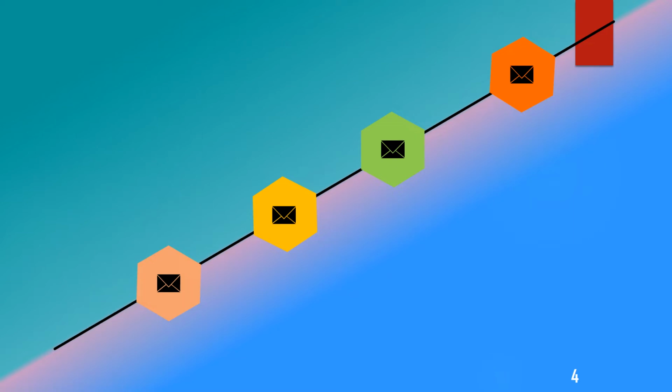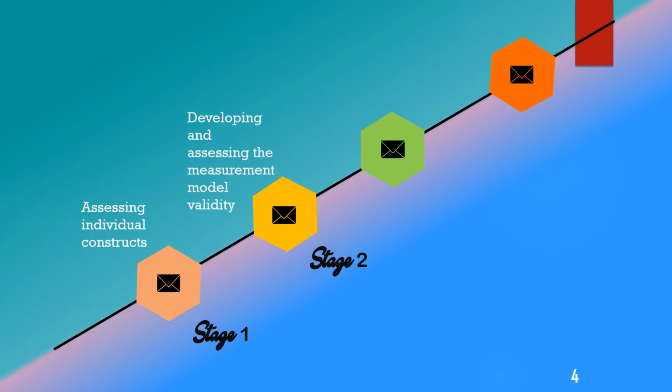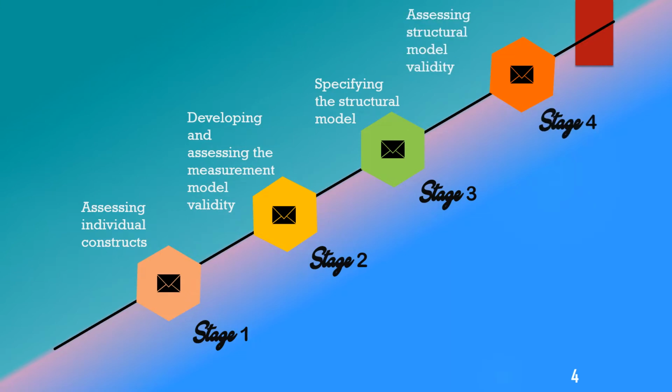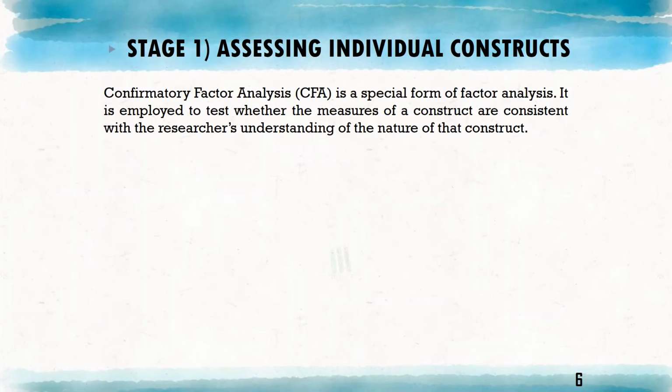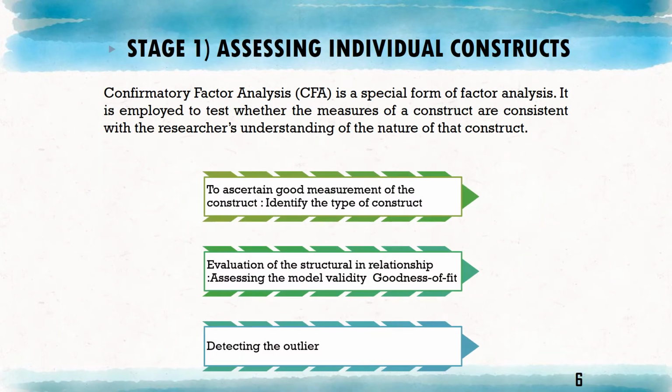Moving on to the stages in structural equation modeling, the first one is assessing individual constructs. The second one is developing and assessing the measurement model validity. Stage 3 is specifying the structural model, and the fourth one is assessing structural model validity. Stage 1: assessing individual constructs. Confirmatory factor analysis, a special form of factor analysis, is employed to test whether